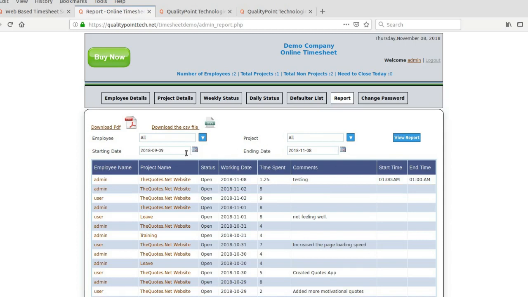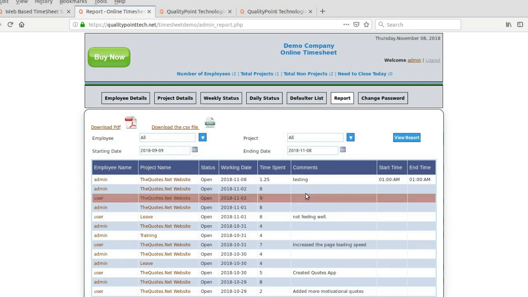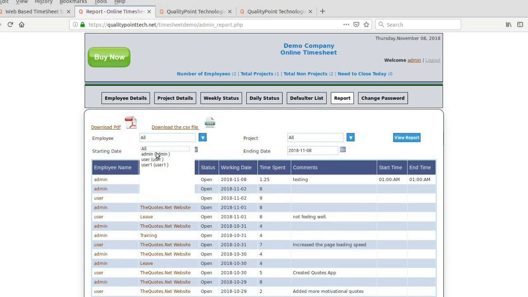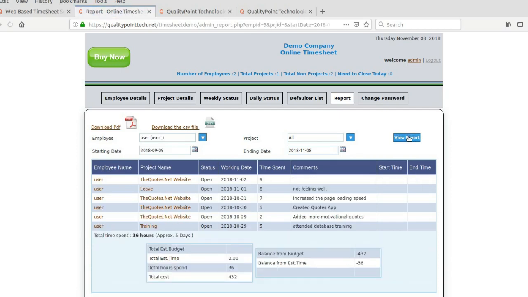very useful. Here the admin can choose the date range, starting date and end date for that report, or they can filter based on employees or project, or any combination of these. For example, if they want to see the report for this particular user, they can choose like this. It will show the report for only that user, and for any particular project you can filter.